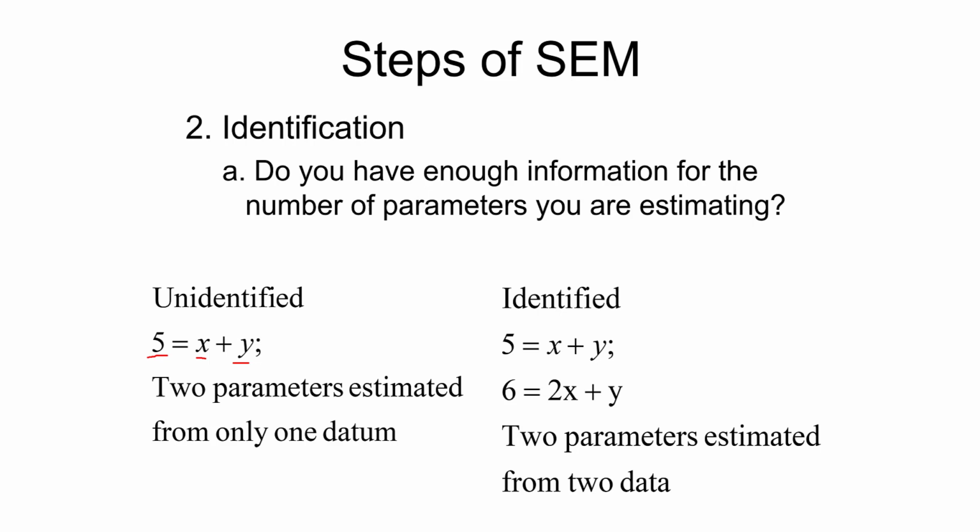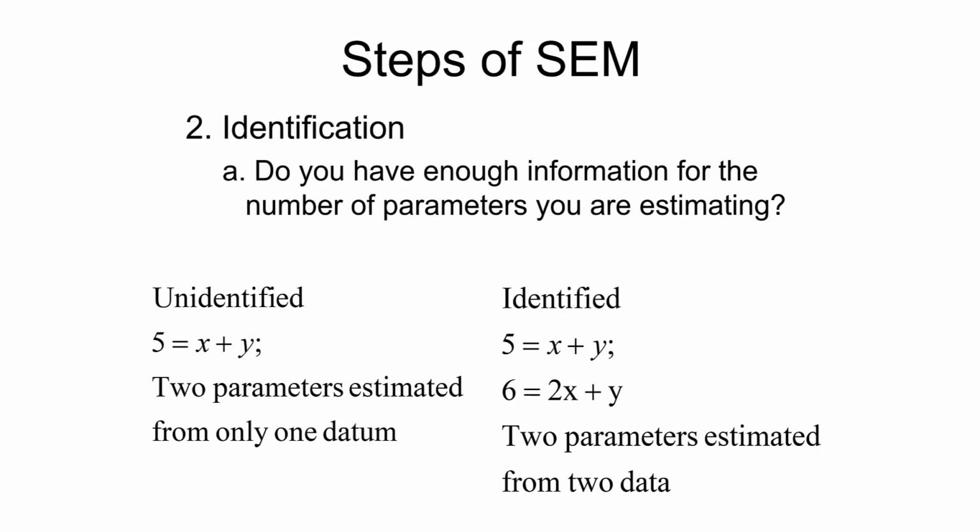There's just many different solutions for this equation here. So it's unidentified. We can't find out what x and y are because it has an infinite number of solutions basically. Whereas in this model over here, we don't have enough information to calculate 2 parameters. We only have one piece of information. So 5 is our one piece of information, but we're trying to estimate 2 parameters. Over on this side, we have 2 pieces of information, and we're still estimating 2 parameters, x and